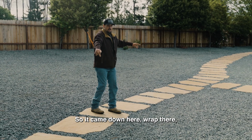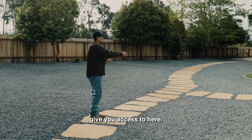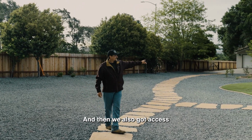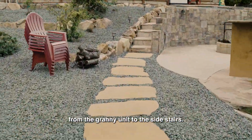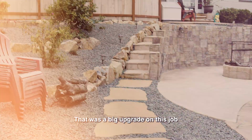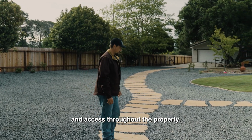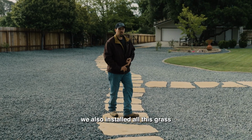So it came down here, wrapped there, gave you access to here, access to the granny unit in the back. And then we also got access from the granny unit to the side stairs. That was a big upgrade on this job and led to having more usable space and access throughout the property. So at this project, we also